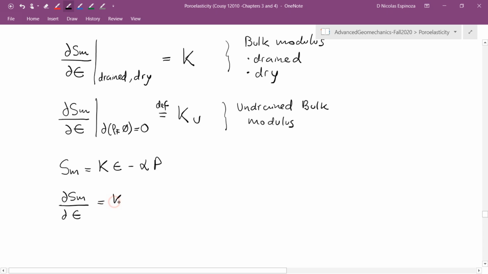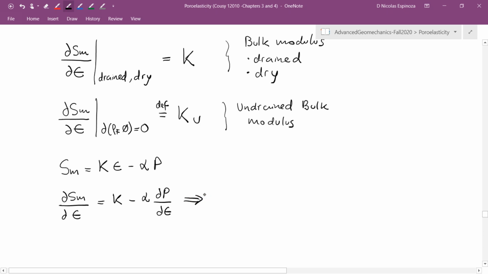So if I take a derivative of this total stress with respect to the volumetric strain, what I get is K minus alpha, and probably, as we said, the pressure is going to change during this undrained loading, so I need to quantify that change of pressure. Remember that K and alpha are constants. So from here,